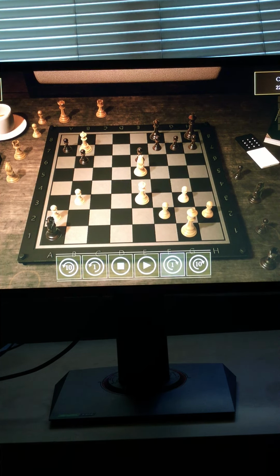And then the computer's bishop takes my rook on f8. And then I move